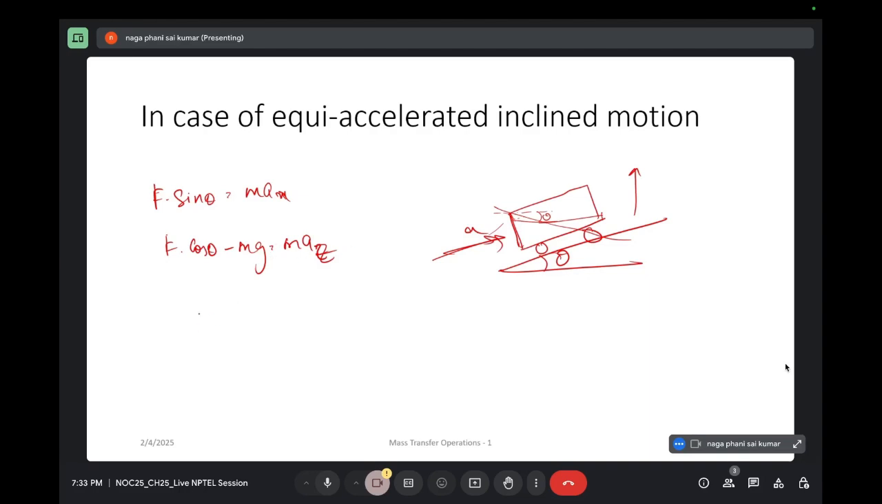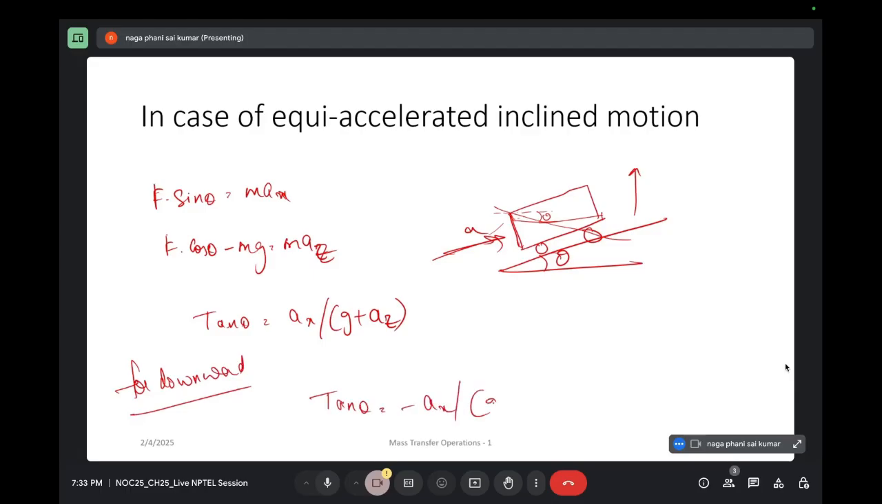Okay, so now if you divide them, you will be getting tan theta is equal to ax by g plus az, which will be slope of the free surface. Okay, so similarly, if it is moving in a downward direction, tan theta will be equal to minus ax by g plus minus az. Okay, so,